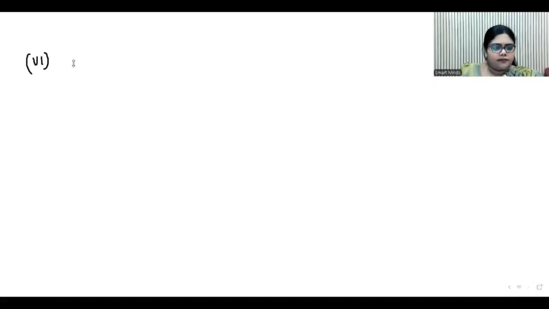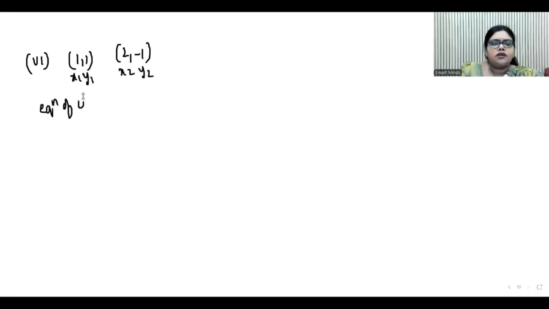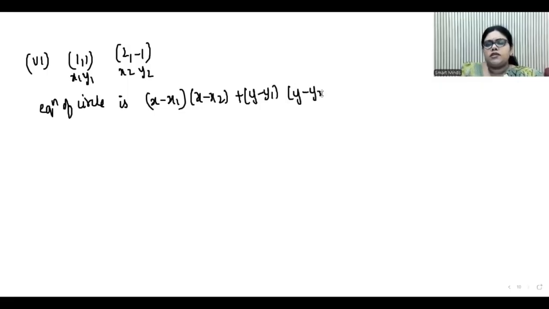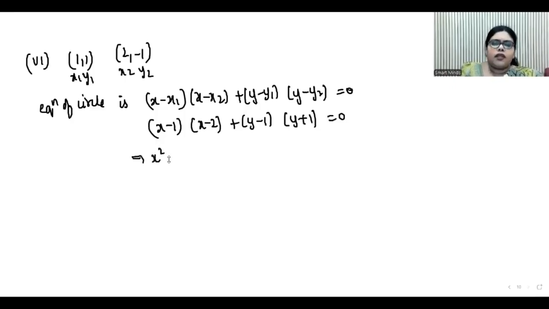Next, sixth bit. 1 comma 1, 2 comma minus 1. Take the first point as x1, y1, second point as x2, y2. Now what is the formula we use here? Equation of circle is (x minus x1) into (x minus x2) plus (y minus y1) into (y minus y2) is equal to 0. So (x minus 1) into (x minus 2) plus (y minus 1) into (y plus 1) is